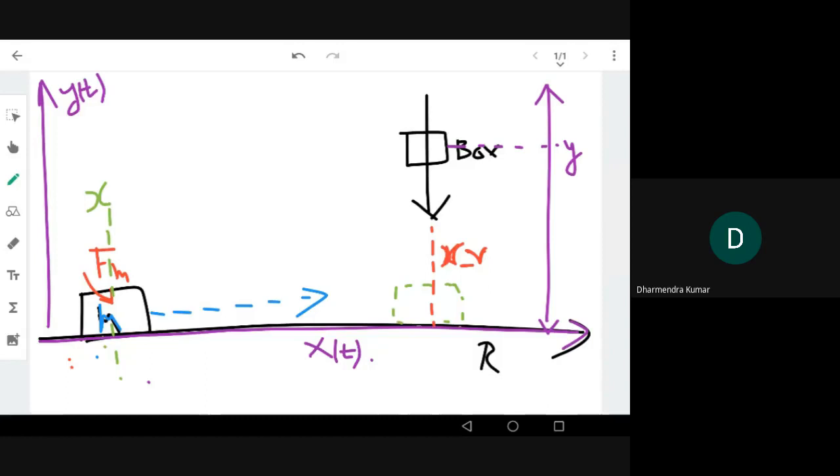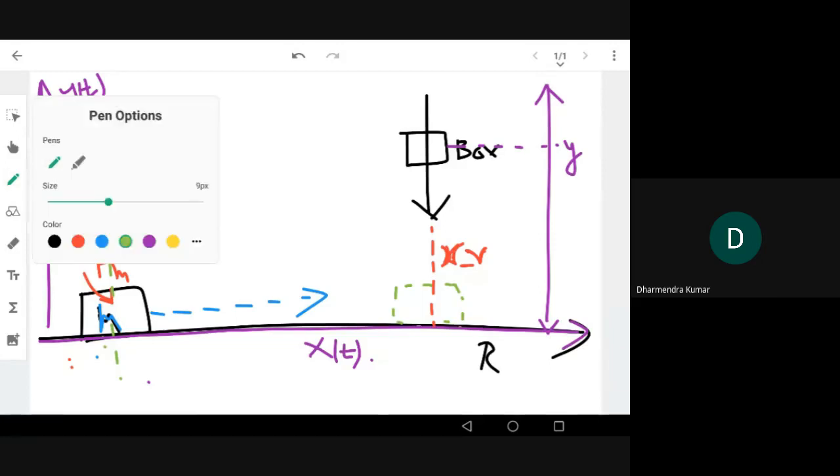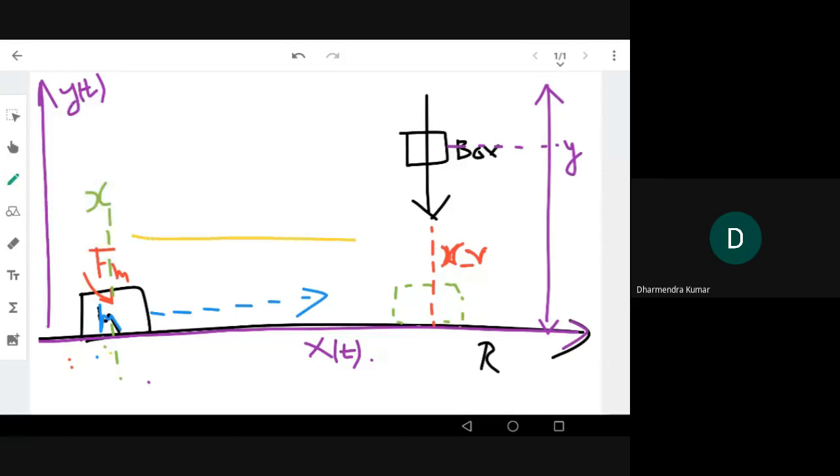It may be some position sensors, whatever. So x is measured by the current sensors. And what is the error? We can see that the error is the difference between x and xr, right? This we discussed here.